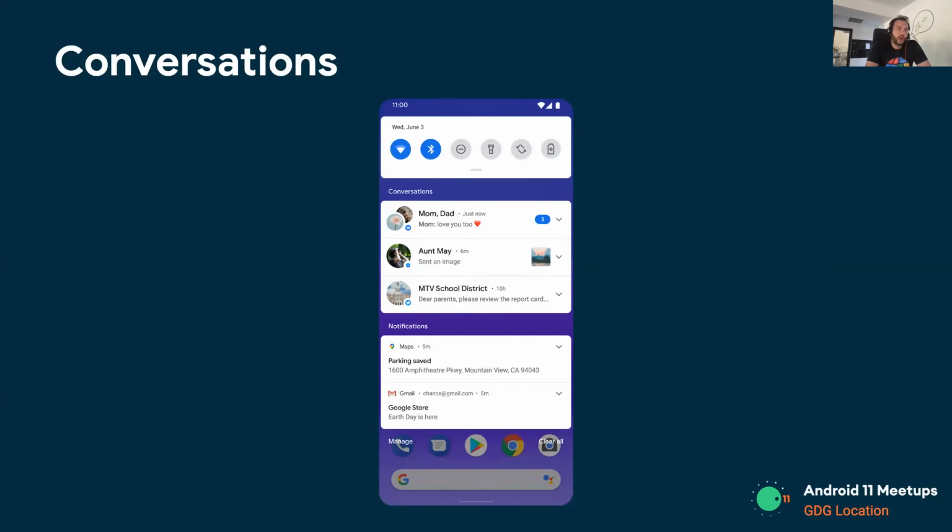Also going into the UI, another big thing coming up in Android 11 is conversations. This is where Android is trying to organize the notifications and put the most important content above everything else. So apps that provide conversations now have technical support for showing content in this conversation section.